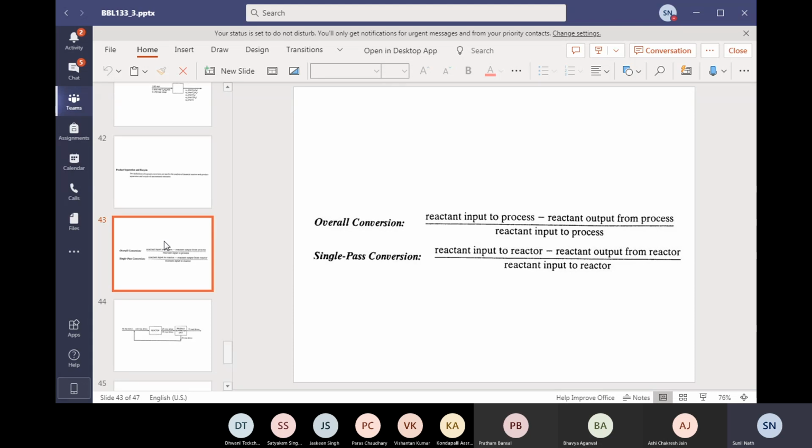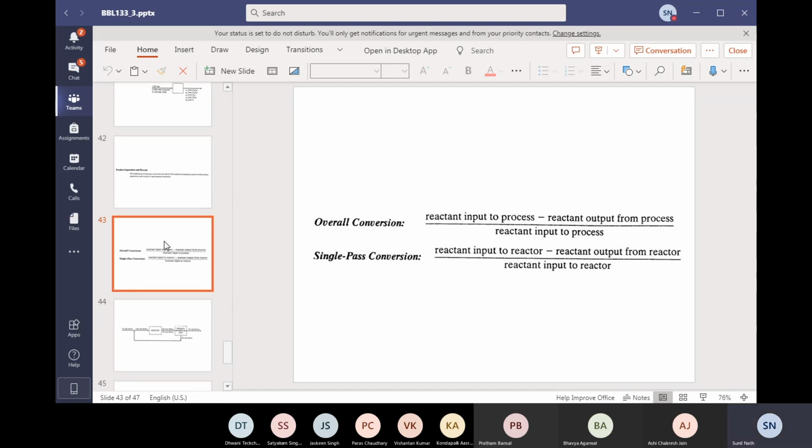Okay. So suppose I just take an ideal example. Let us say you have a reaction A going to B, and let us say you are feeding into the fresh feed 75 moles per minute of A. Now the recycled stream joins it, and that contains 25 moles per minute of A. So the total stream is 100 moles per minute of the limiting reactant A. This goes to the reactor,